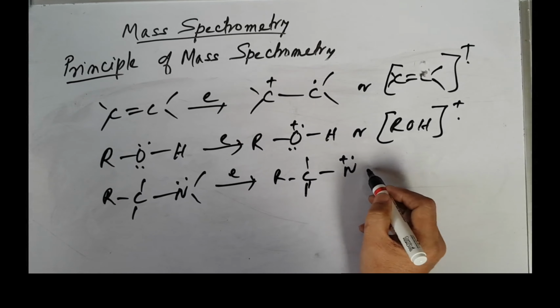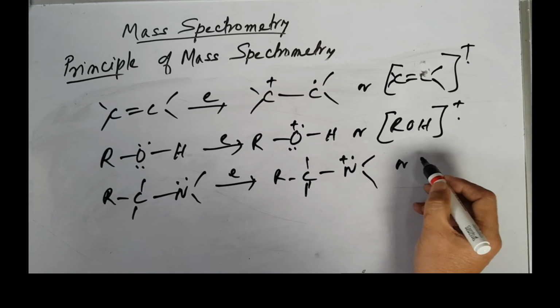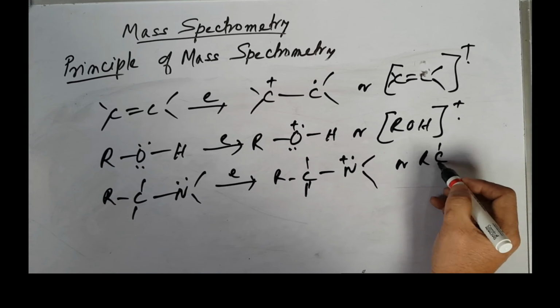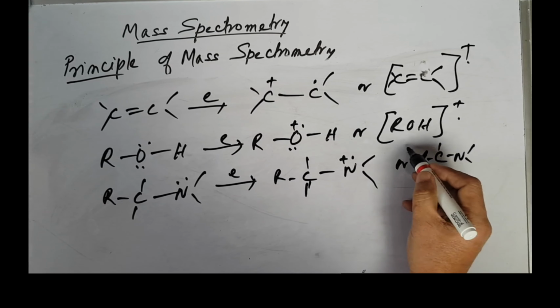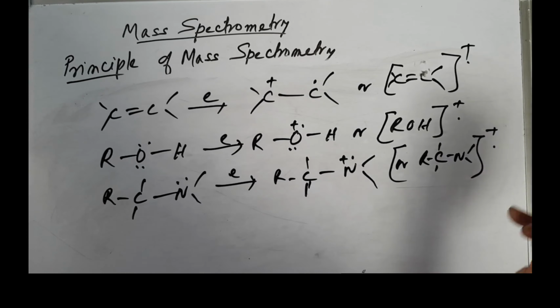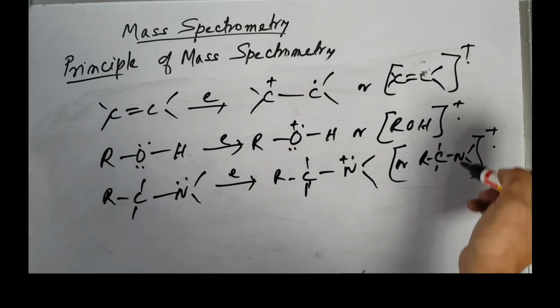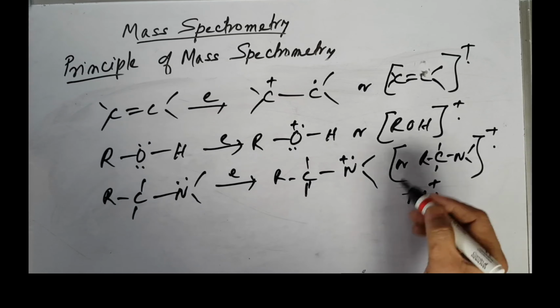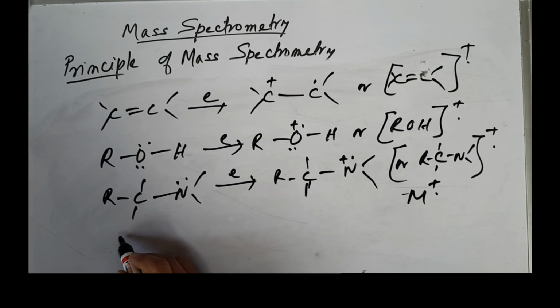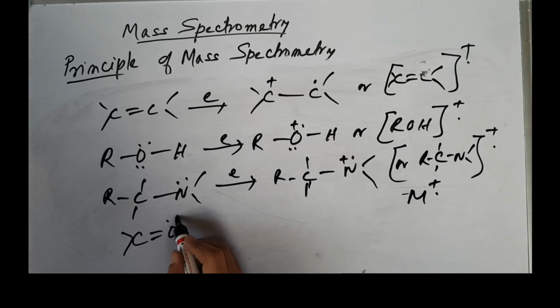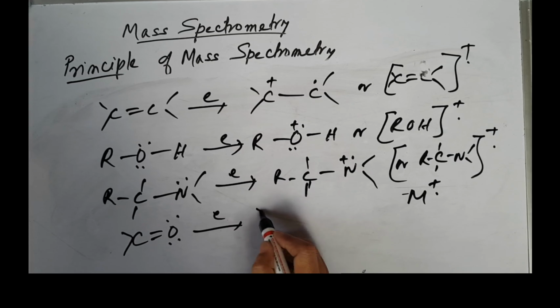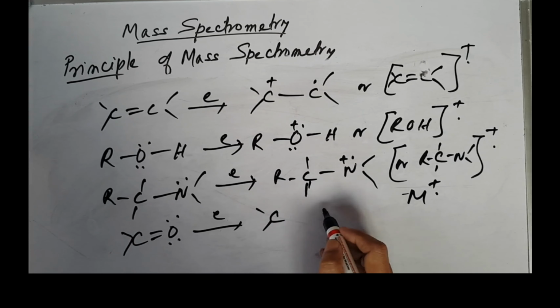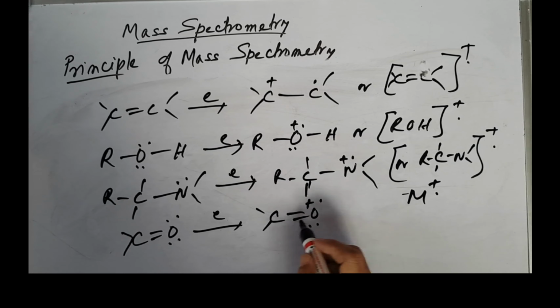Suppose we start here like this, so you can have this one. You can write it this way, R C and so on like this. So these can be represented this way or this way. This you can simply write as molecular ion. Simply represent it like this. So these are all; carbonyl also you can write. You know about one electron, so you can give one electron with this charge here like this. So this can also be given this way, or you can have it given this way also.